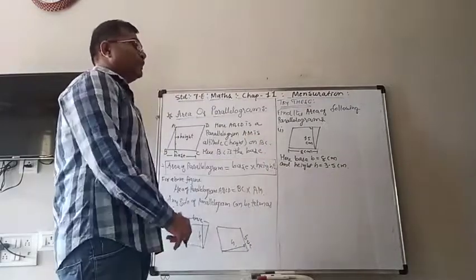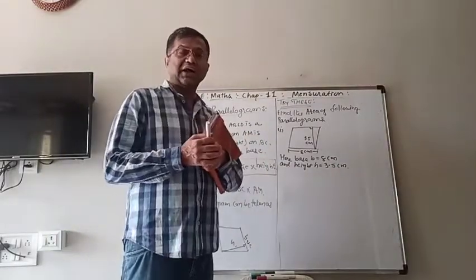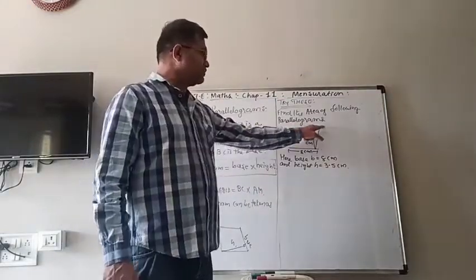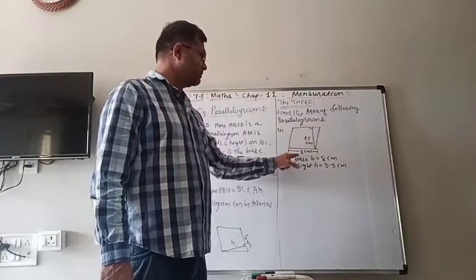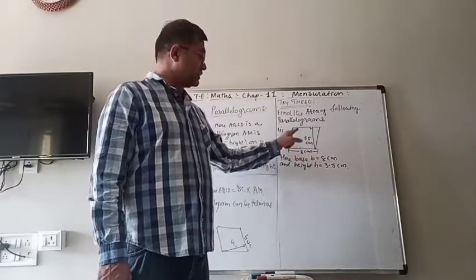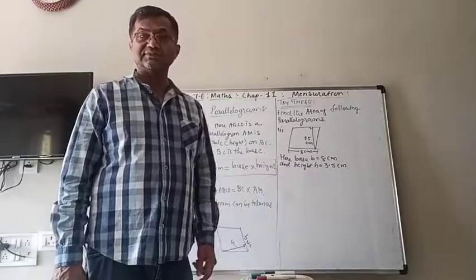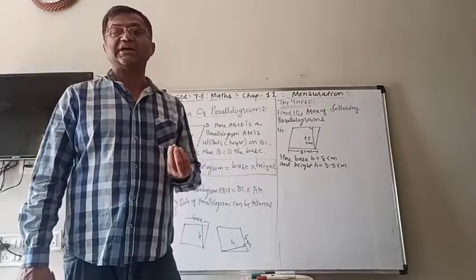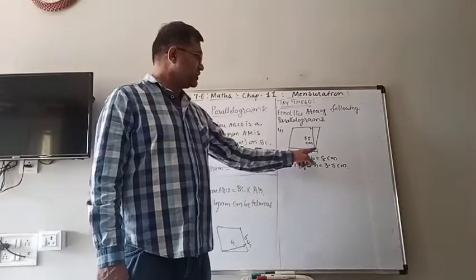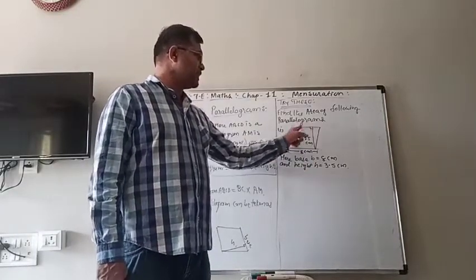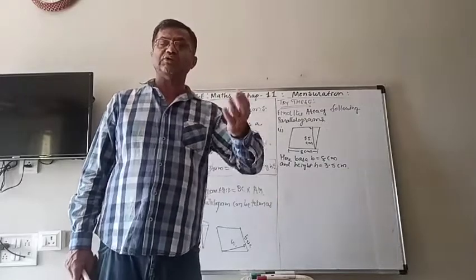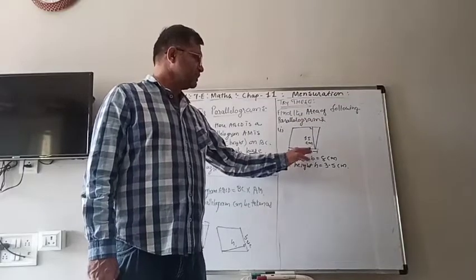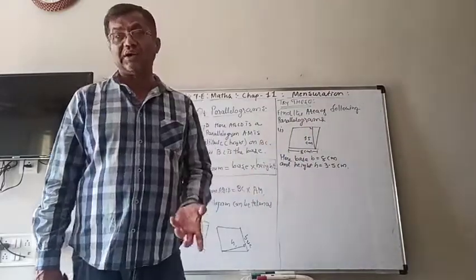Let me tell you one thing. Generally what I told you, that altitude must be drawn on the same base. Here the base is that one, but value of this base is given. Then the altitude must be on the same base. But we know that in a parallelogram, the opposite sides are of equal length. It means that this is 8 centimeter, then that base is also 8 centimeter. So we just have to think that it doesn't matter, the upper side is not given, but it is the same as the opposite sides are equal.